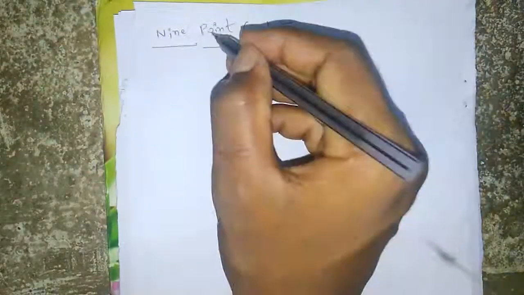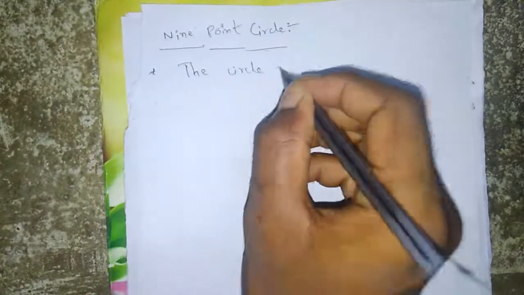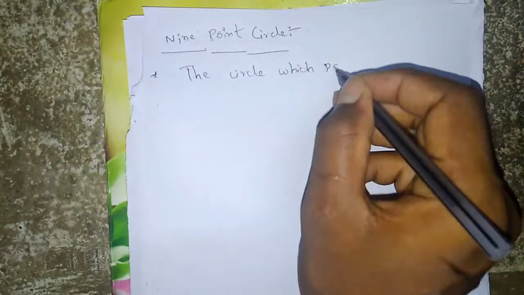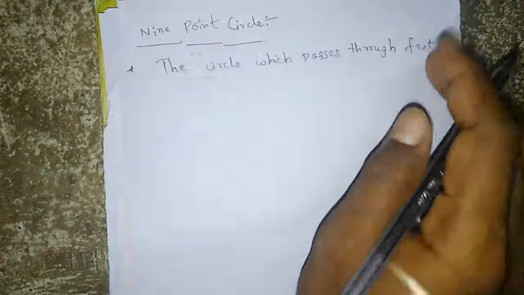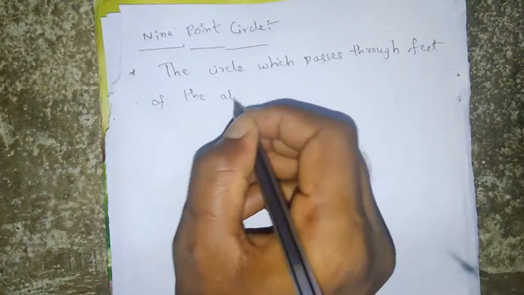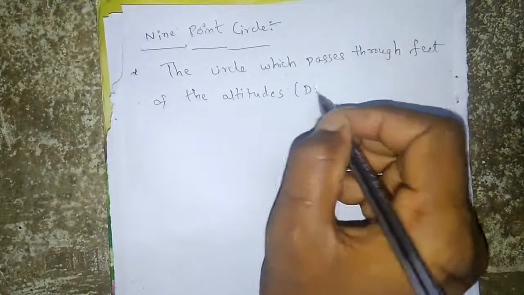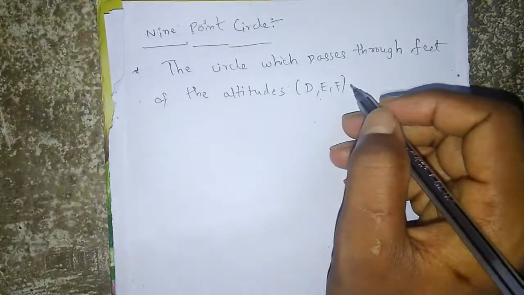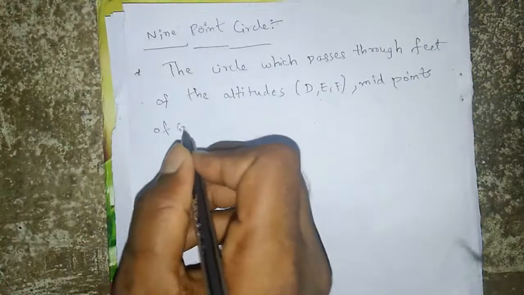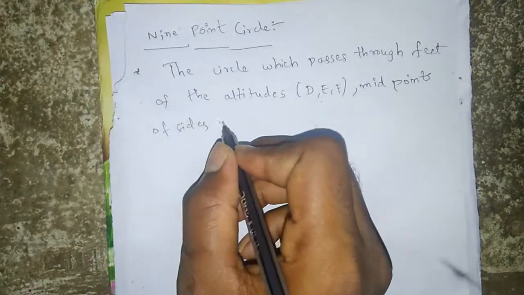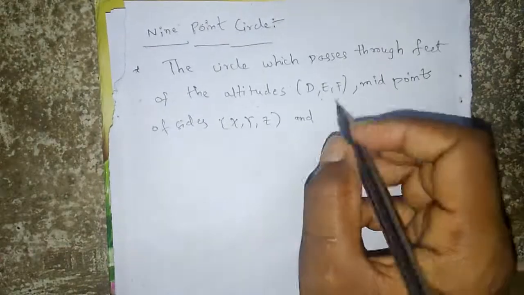Concept is 9-point circle. The circle which passes through feet of the altitudes, that is D, E, F, and midpoints of the sides, X, Y, Z, and midpoints